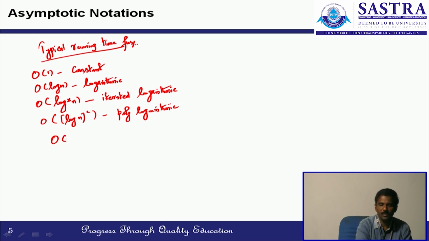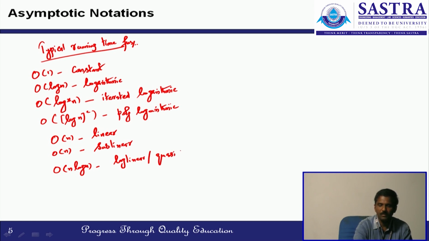Big O of n, this is said to be a linear complexity. Small O of n, this is a sublinear complexity. Big O of n into log n, this is log linear or quasi linear